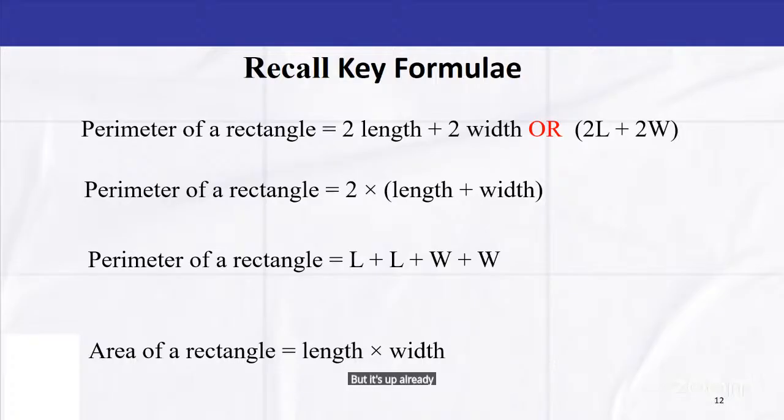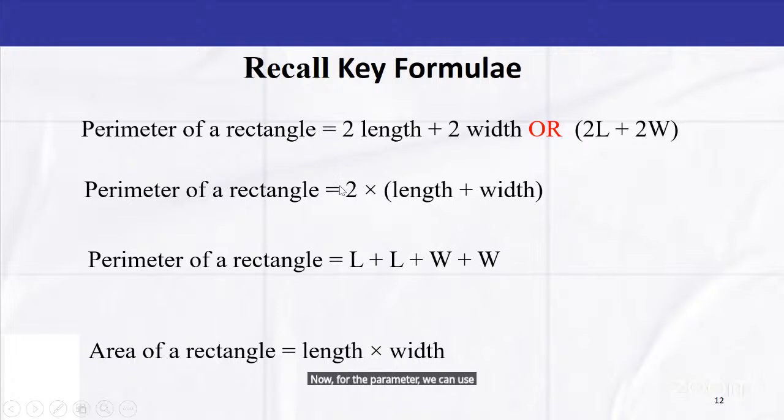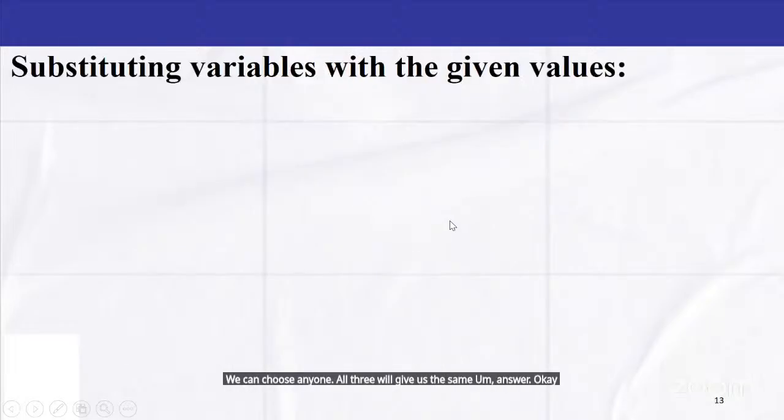So for the area of the rectangle now, it's going to be the length multiplied by the width. Now for the perimeter, we can use any of these 3. We can choose any one. All 3 will give us the same answer. Okay, so let's now go find the...